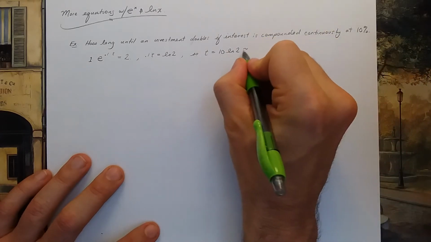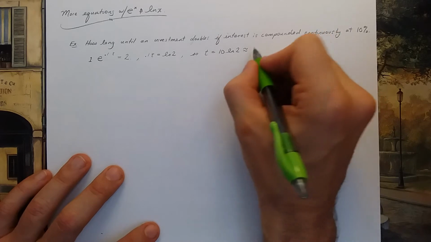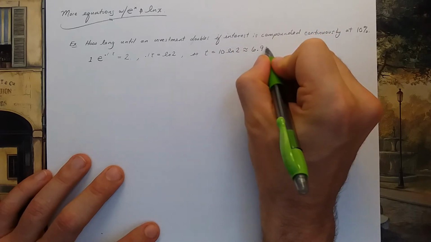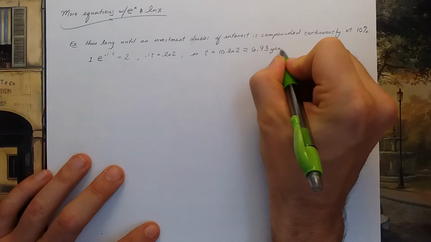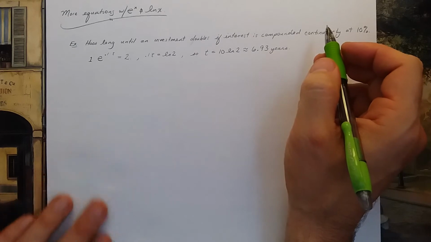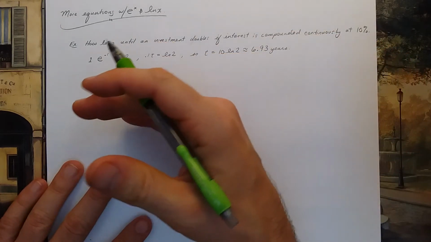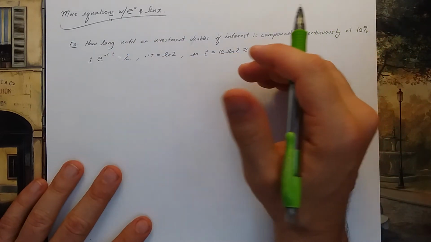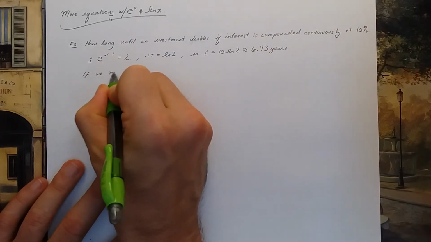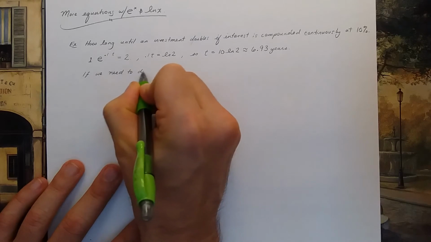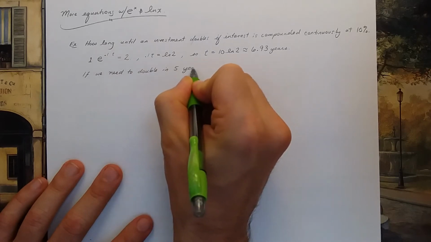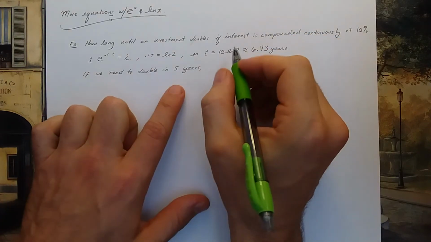And if you put this into a calculator or a computer, you could find out that t is approximately 6.93 years, or in about 7 years you will double your money. Let's suppose I was in a hurry and I'd like to double my money in 5 years. So if we need to double in 5 years, then I get